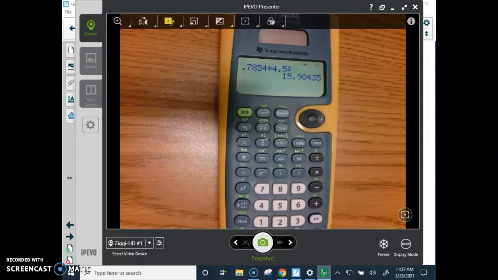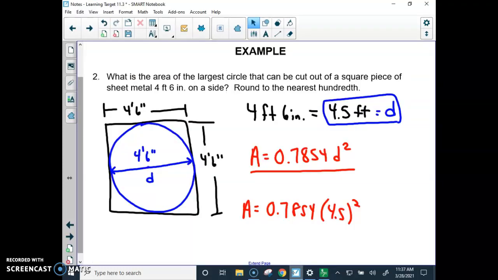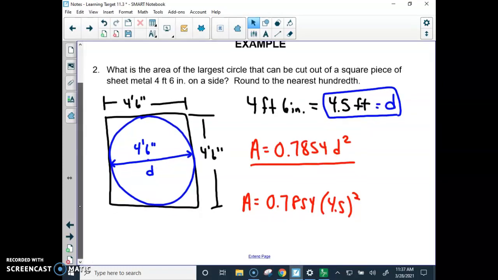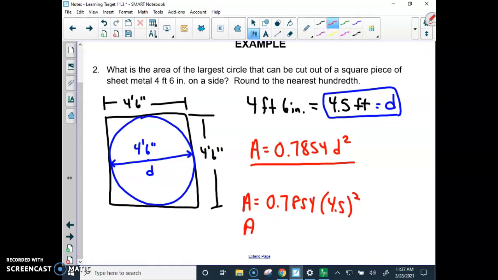You get about 15.904. So your area is equal to 15.904. And since we're in feet,